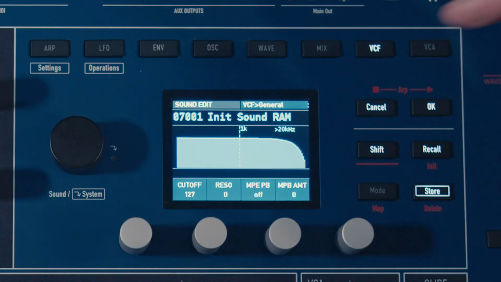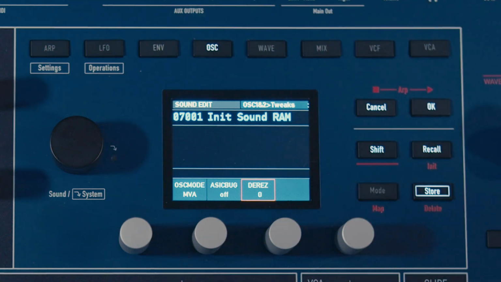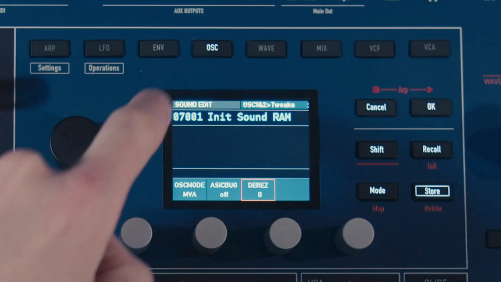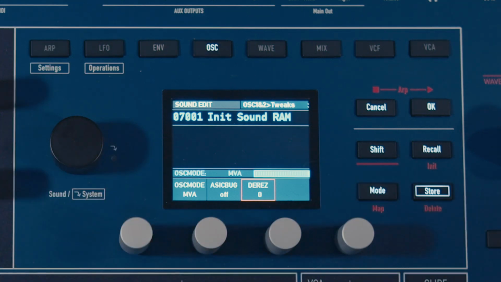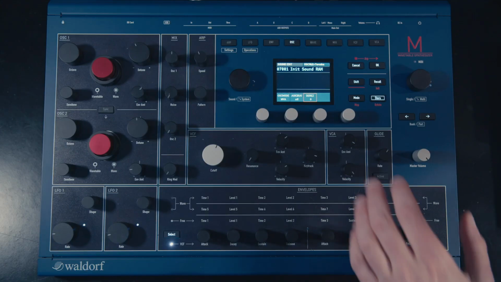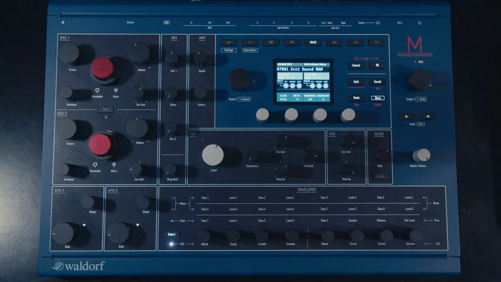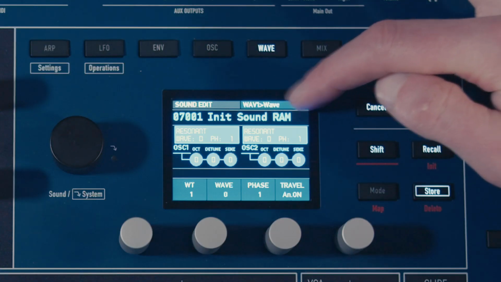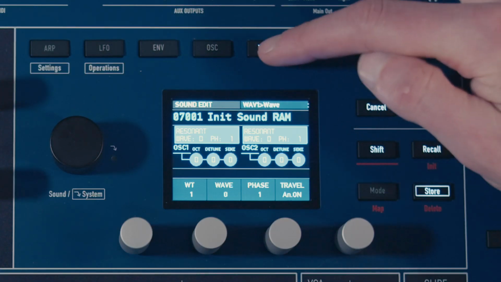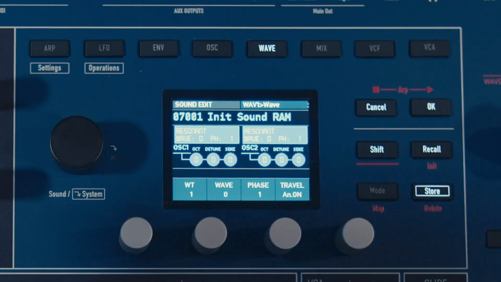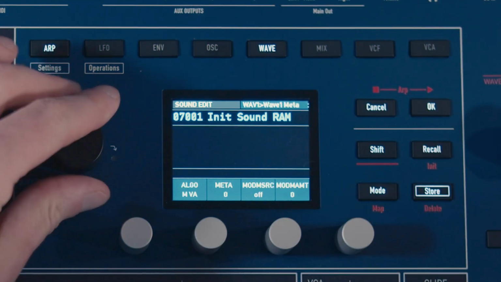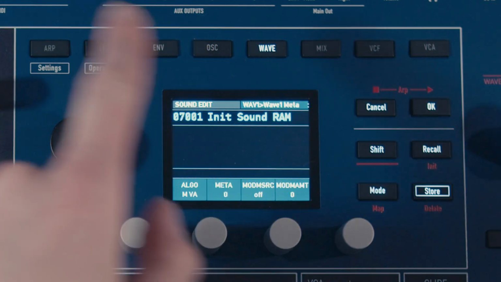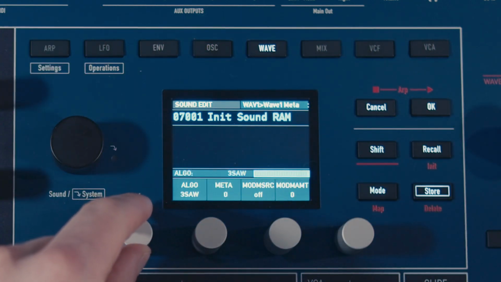mode. It would also be possible to go to the oscillator page and move to the page where it says oscillator 1 and 2 tweaks. And here we can also change the oscillator mode. Next, I go to the wave page and make sure that I am changing the parameters of wave 1. And here we need to move to the page where it says wave 1 meter. And here we can change